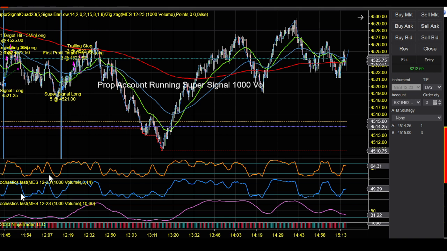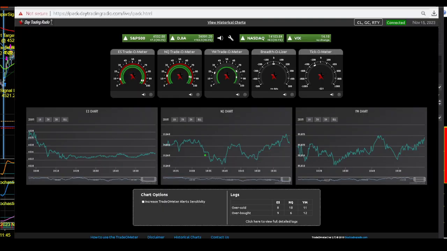I'm going to leave off at this. I have a lot more to talk about, but I want to send this video out because we covered a lot of stuff. But I want to cover two other things here real fast. We have a couple other indicators you can use. The tradeometer is going to give you the multiple indicator quad divergence. That comes with your membership here at Day Trading Radio.